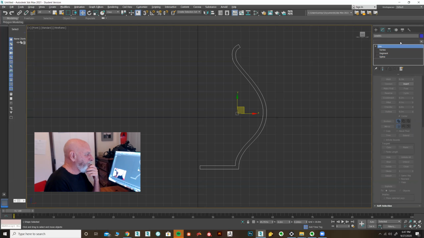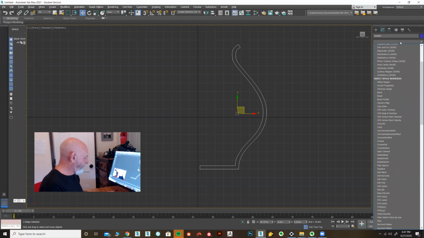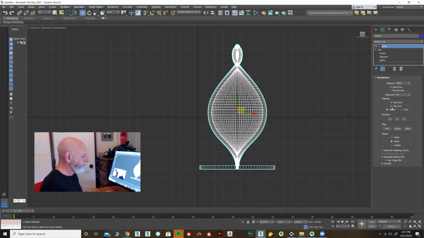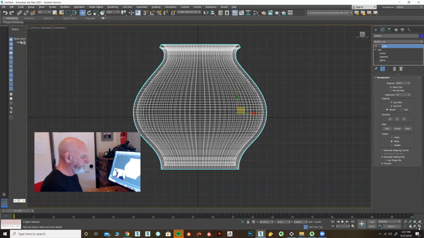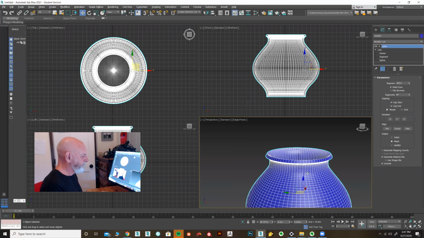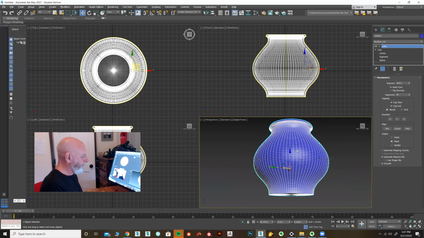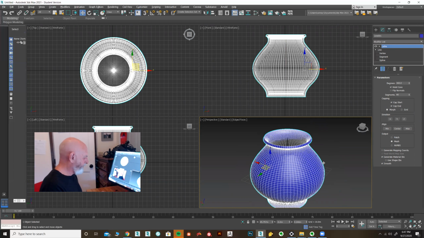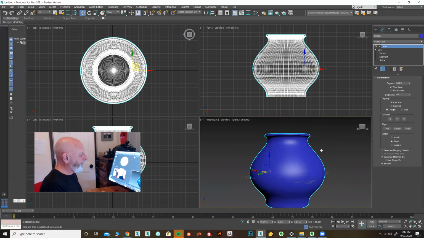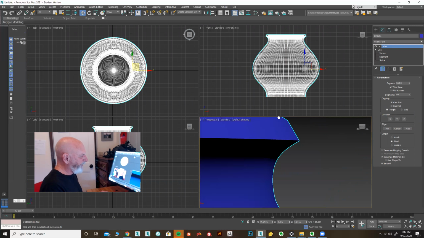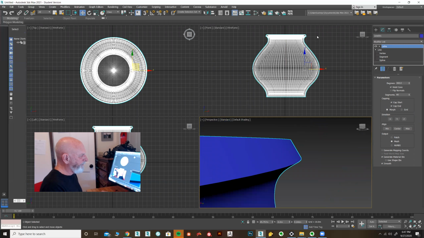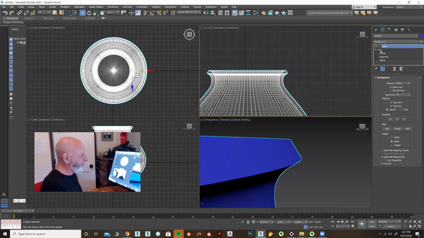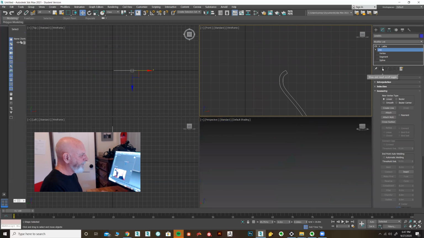I'm going to go and put a lathe back on there. Not bad. All right, it remembers the parameters that I had last time, so that's why it looks good. All right, one thing I don't like here is this super flat piece right here. Okay, I would like that to be more rounded. So I'm going to drop down to the line. Okay, I think I'm going to have show end result off for a minute, making sure to also edit it